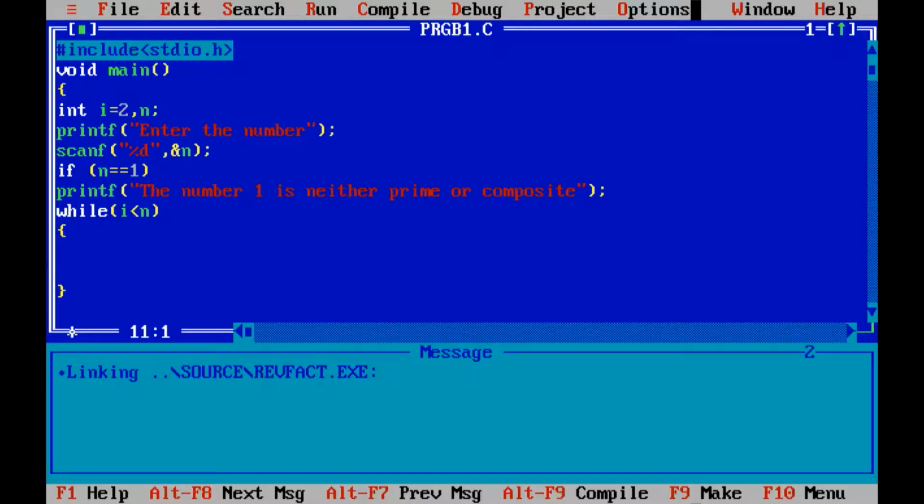We will be checking whether n mod i, you can give space in between. Actually, only this compiler is having some issues, I think. Otherwise, we need not give space also. When we find the mod operation of n by i, if you are getting the remainder as 0, then what you have to print? If you have more than one line to be executed when the condition is satisfied, then you have to give the brackets.